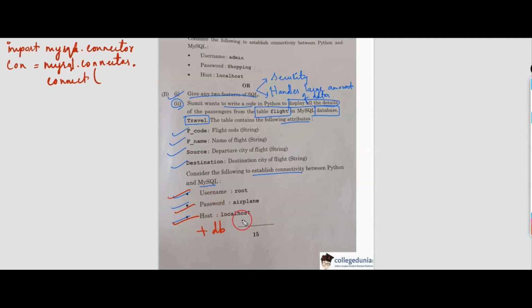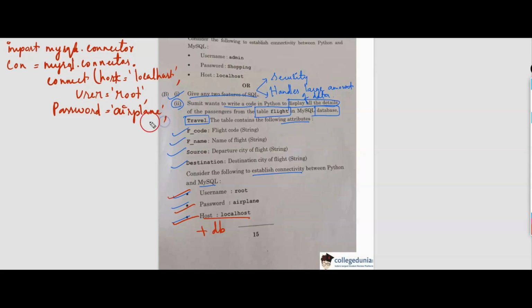The first one we are going to write is host. That means host is equal to localhost within the quotation marks, comma, and the next one is user. User is equal to root, within the quotation marks. The password which is given here is airplane, AIRPLANE.